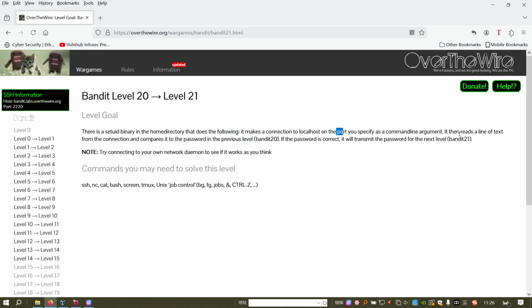And then it reads a line of text from the connection and compares it to the password in the previous level. If the password is correct, it will transmit the password for the next level. So I think we are going to use Netcat to retrieve the password for the next level. However, besides this classical way, I also demonstrate how to use Python to solve the same